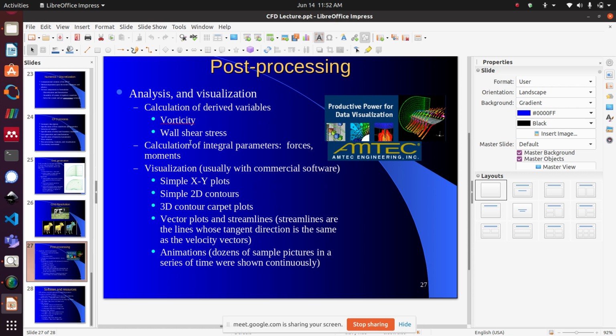Like we said for a flight simulation, if you need to calculate force on the aircraft wing, you don't get force directly. Solving the Navier-Stokes equation, you get velocity and pressure. From those field variables, you need to calculate these quantities after the simulation process. It's called post processing. And then visualize the actual result to study the different problems involved in the question you are trying to solve.